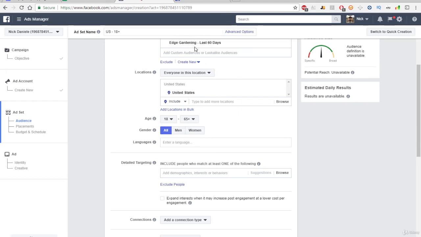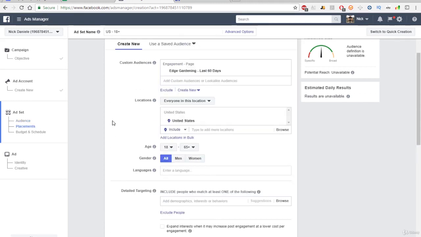And you could also use a custom audience with detailed targeting, right? And you can exclude people if you want, right? But this is how you run a Facebook ad with a custom audience, right? It's going to be much cheaper than your interest and behavior targeting, and lookalike audiences are an incredible way to let Facebook handle pretty much all of the